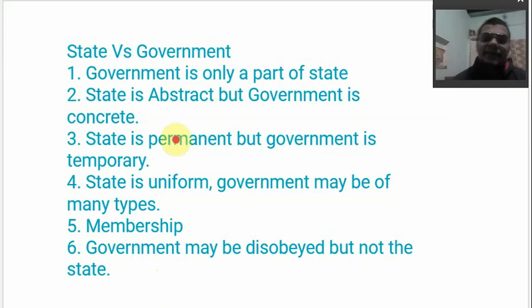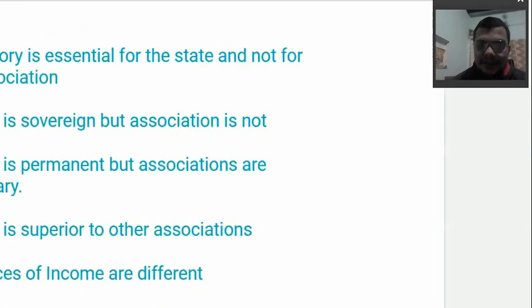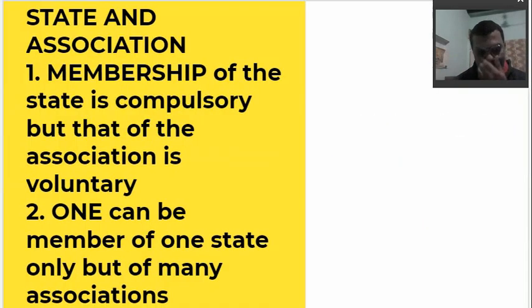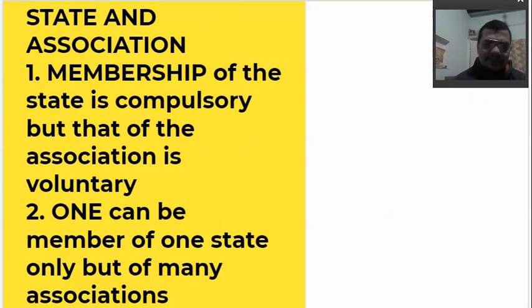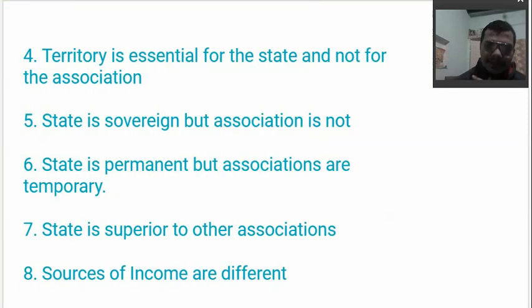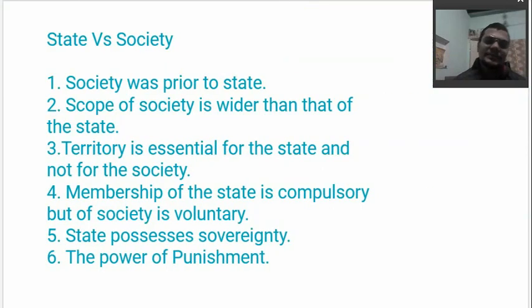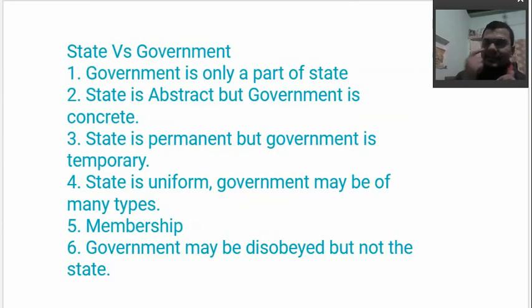So we have learned all of these three basic things today, and the differences between them. So I hope this must be clear, state, government and association. There are a few things that are common, like the membership or the territory or the superiority and the sovereignty. These four things can be used in all of them, they are common. Other than that, these are something that are available, you see them every day, you only have to feel them and you will actually understand.